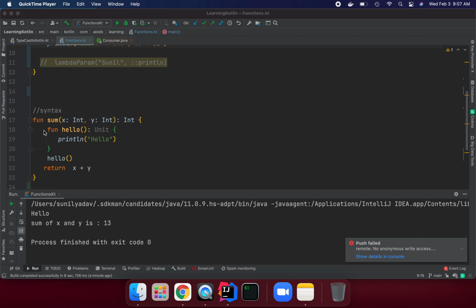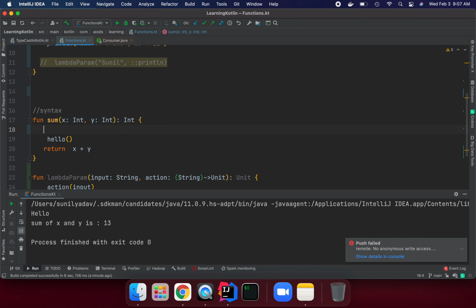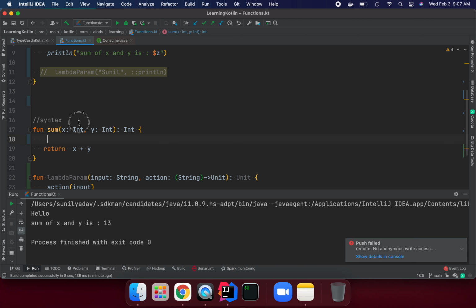So we can see in the last session, right, I created this method. So I'm going to remove this function call, and I'm going to remove this hello world. Alright, so we can see here I'm taking two parameters and returning integer type, but we can write this function in an expression way, right?